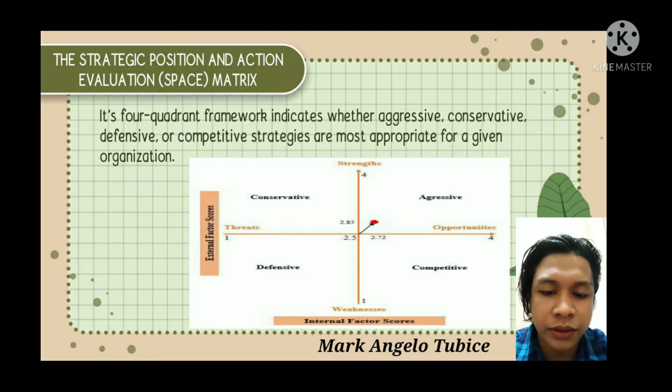The internal dimension includes competitive advantage and financial strength, which are the major factors that determine the strategic position of any organization. The external dimension includes the industry strength and the environmental stability, which is used to identify the strategic position in the industry. By evaluating these 4 dimensions, we result in 4 different strategic postures, namely, aggressive posture,